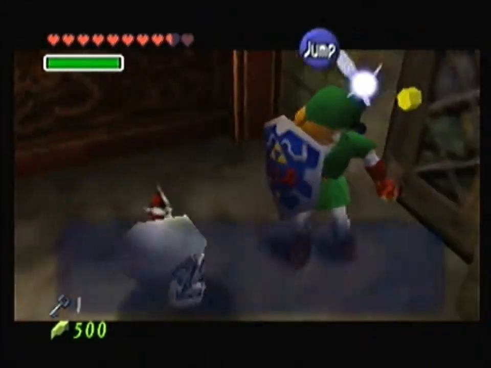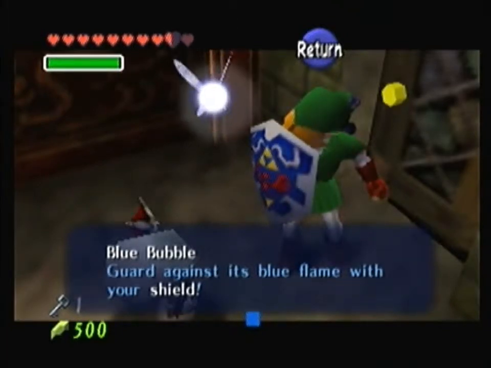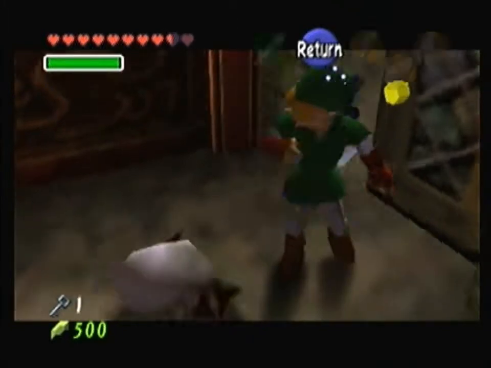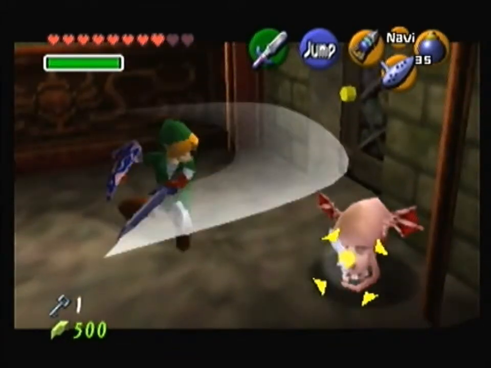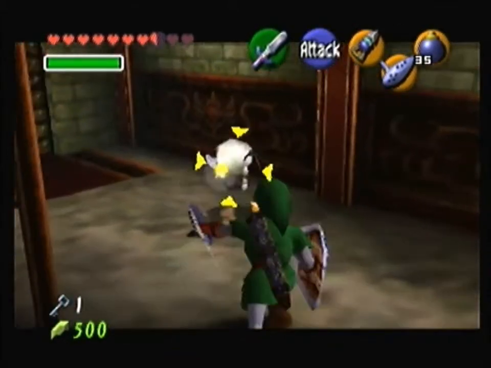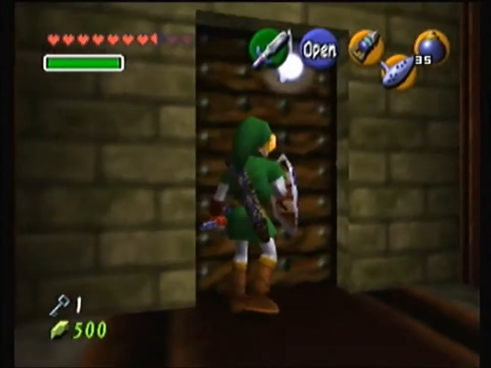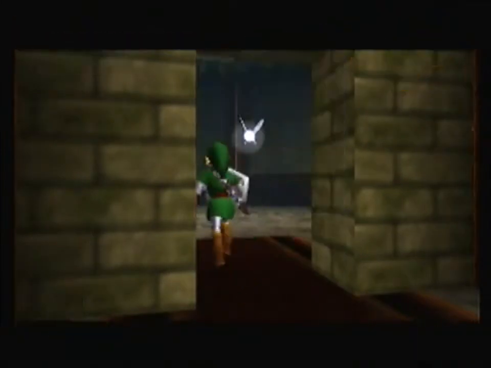Oh, hello, buddy. A blue bubble doesn't really do anything. Unlike Majora's Mask, it doesn't paralyze you. So just once you take out its flames by blocking, and that was cheap, you just want to hit it twice with your Master Sword, if I can, because apparently that seems to be a chore. There we go. Not really much of an issue because these corridors have respawning enemies, but once you enter here,